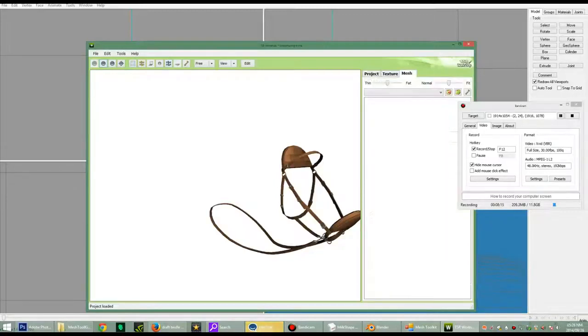So we're going to go to mesh. Now, you want to select high level of detail, and you want to select this little red box here, or this box that's got a red arrow. That's going to be export. So we're going to want to export this mesh